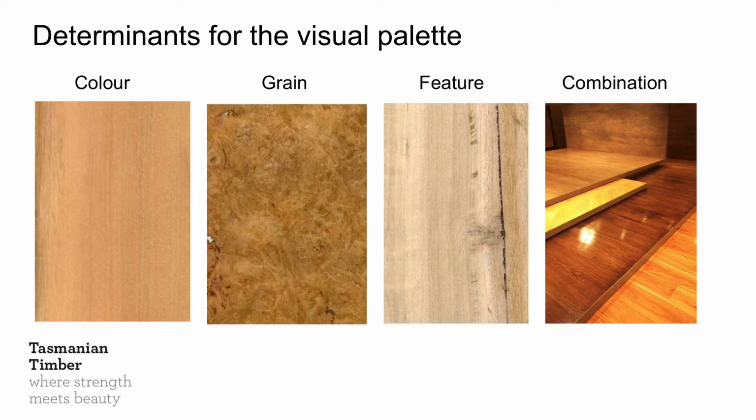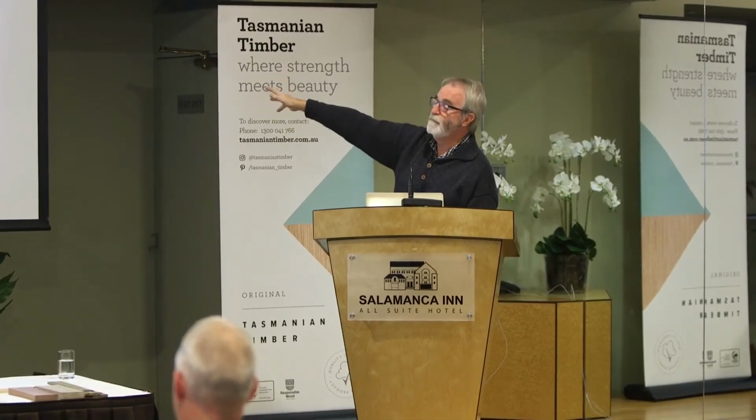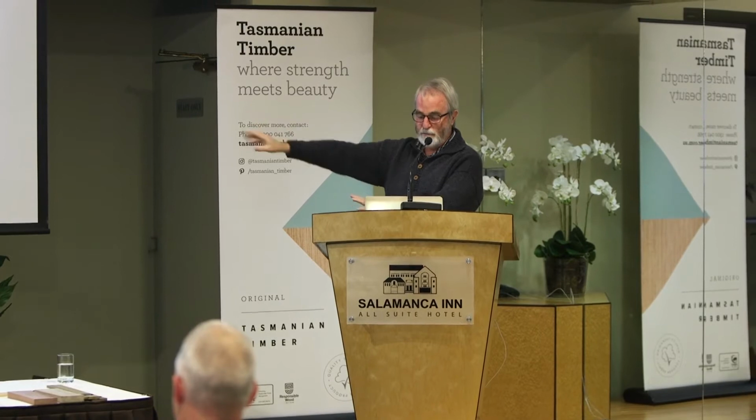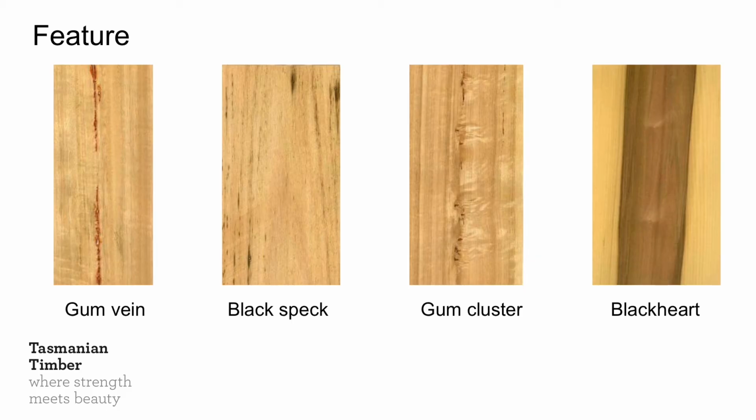There's then feature. And of course, this feature here is gum vein. We can see that mark down there. Some of you might think, God, this is rubbish, get rid of this. And others of you might think, oh, this is great, where can I get some more? We can then combine different things together to give us a particular view. If we look at features per se,